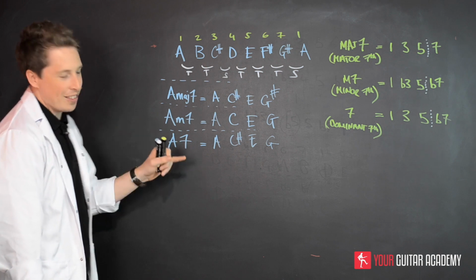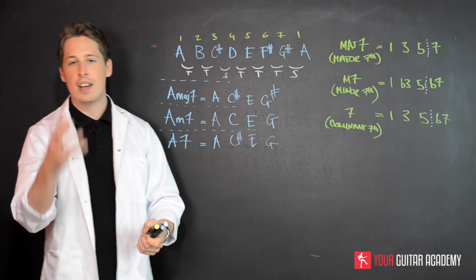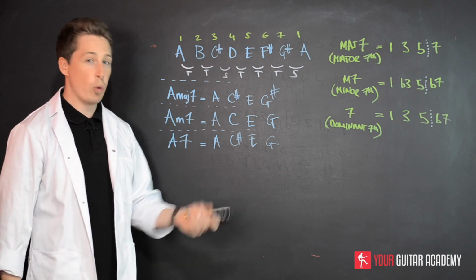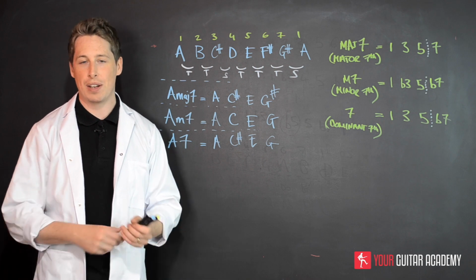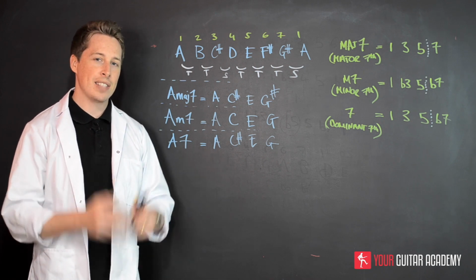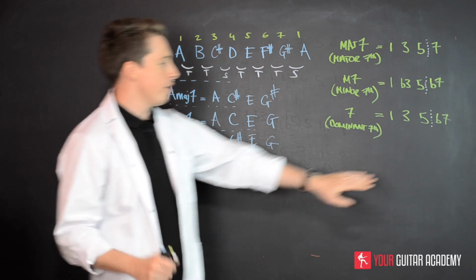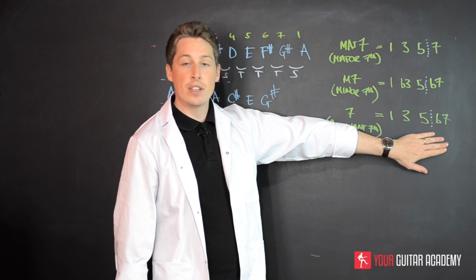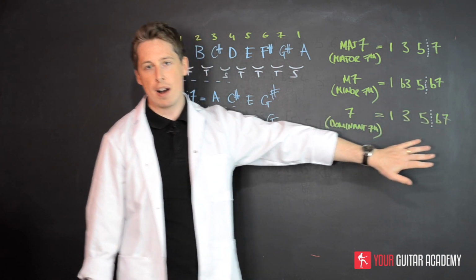So again, the sound for me is a little unresolved. It works perfectly in blues. Your kind of 3-chord blues is all based around 7th chords. All the lead work is all based around 7th chords. And because of that, you know, you get this totally unique sound, which is awesome. Okay, so understanding this theory here, if you're a blues fella and you really enjoy playing blues music, this is almost going to be the key behind